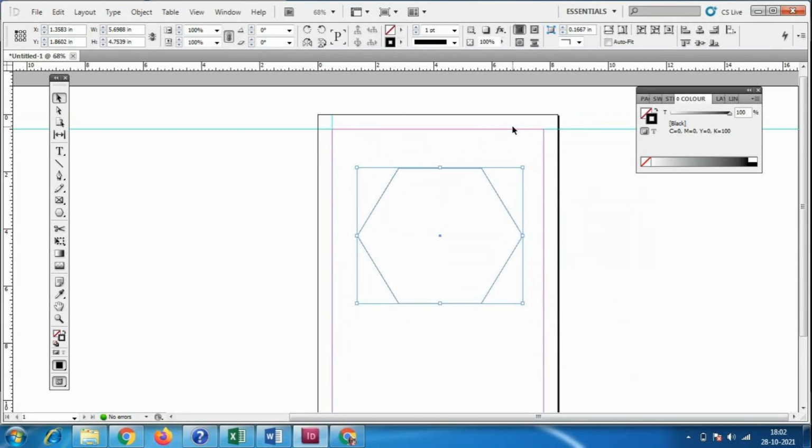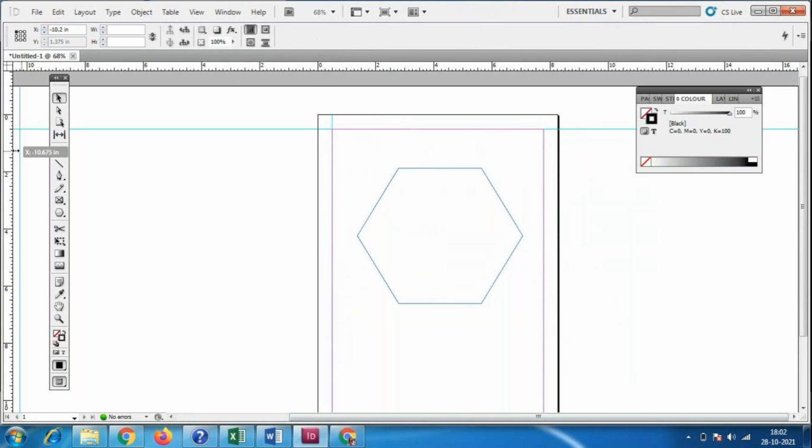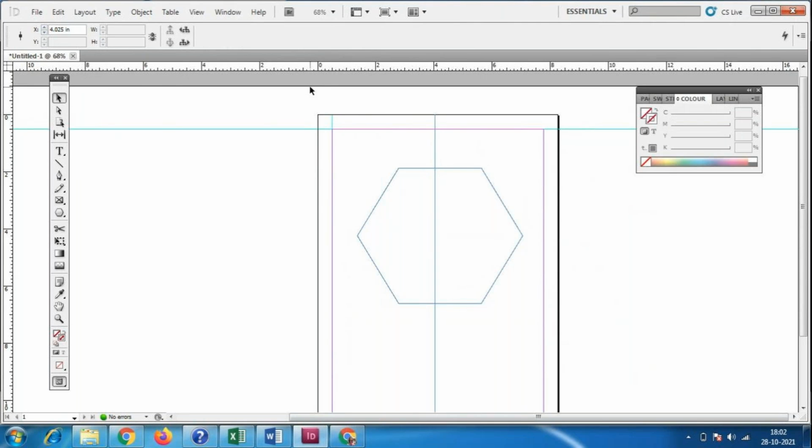Okay, so on all the sides we have left a 0.5 margin: 0.5, 0.5, 0.5 from all the sides. Okay, so this is the thing we are going to learn, and this is the middle of the page. See, suppose the page size is 0 to 8. Correct. 0 to 8 means half of the page is how much? That is 4. So 0 to 4, 4 to 8. Correct. So 4 inches here and 4 inches here. So that is half of the page.